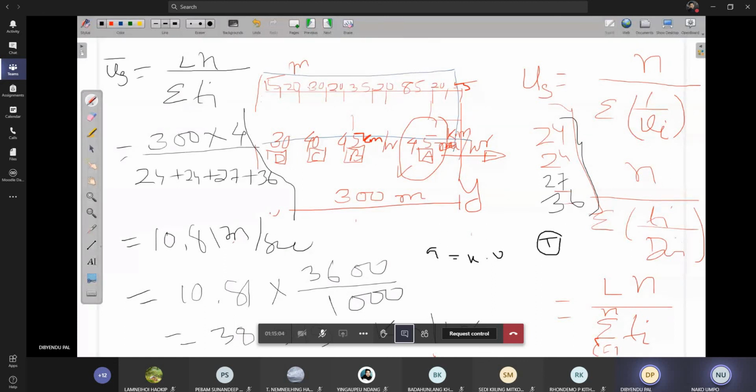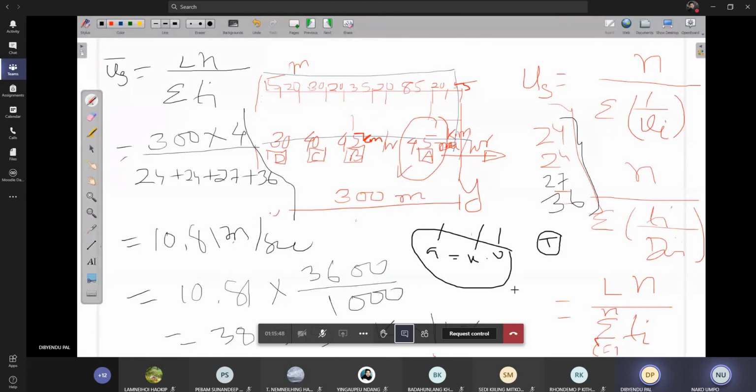This capital T, this observation period, I can find out if I have information that the vehicle D has crossed this section at what time, or some other information, because this is an individual parameter. This is not depending on what Q is, what K is and what V is. This is my observation. Somebody is standing on the road and collecting the data. He may collect it for 5 seconds, or 5 minutes, or 5 hours, or 5 days, anything. But you cannot find it out from here. This is a different parameter. It is not related to Q, K or V. Q, K or V depend on the time.